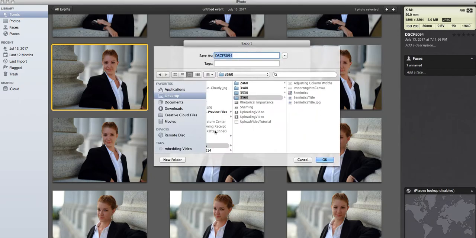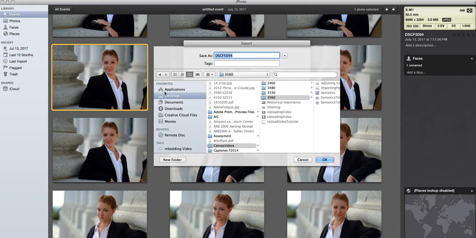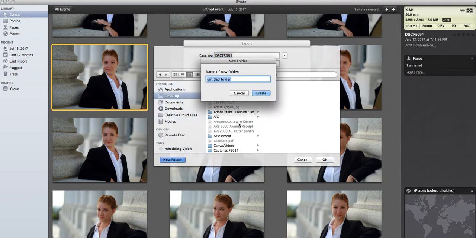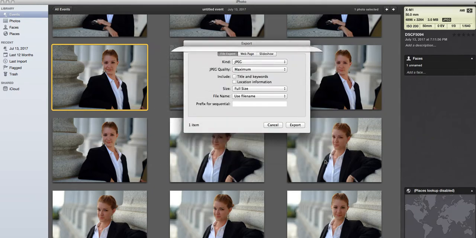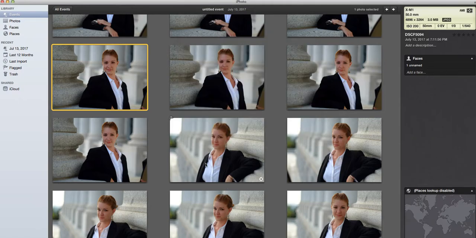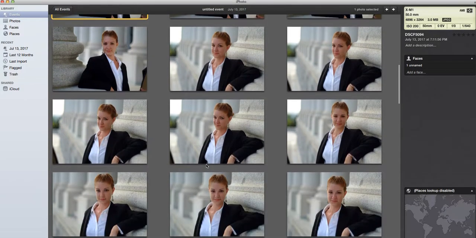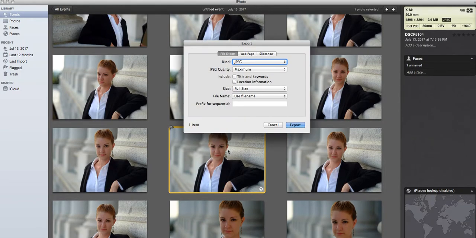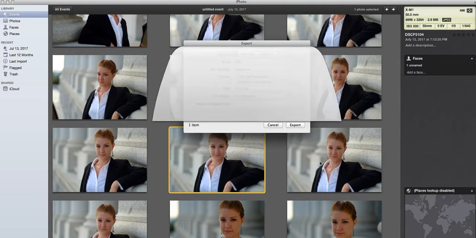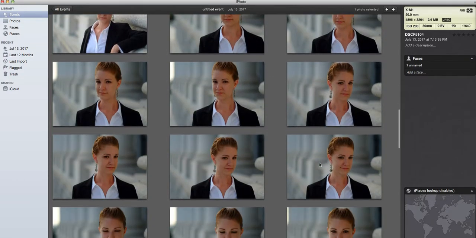And on my desktop, I'm going to go through and create a new folder. And I'm just going to call this NetLight. And I'll export that one. Let's go through and pick a couple more ones that I really like. I'm going to export that one. All my settings are already there. I'm going to export that one. Good. And let's go to,